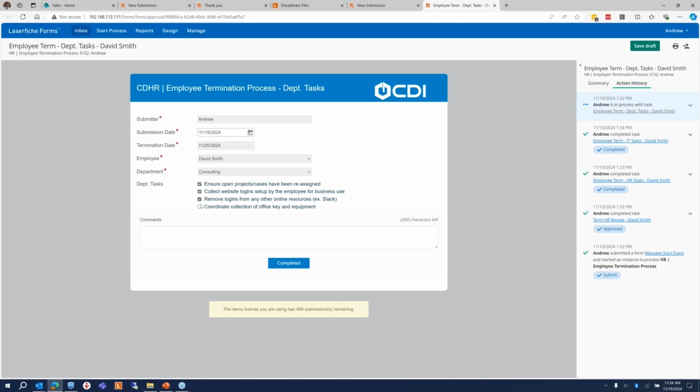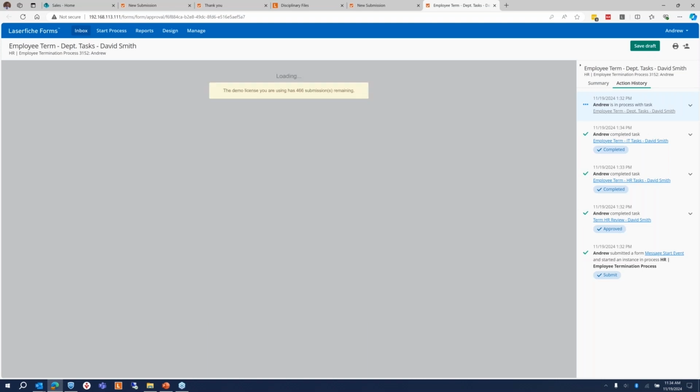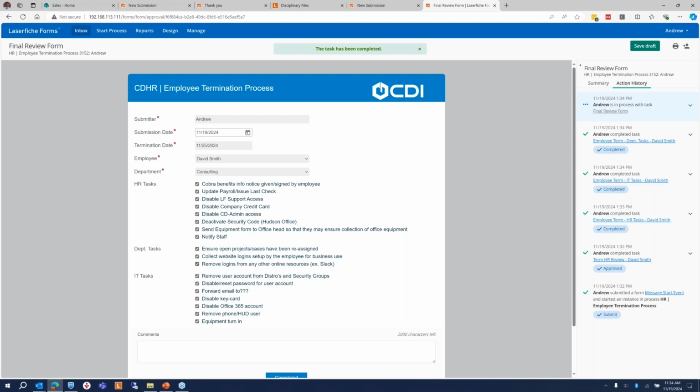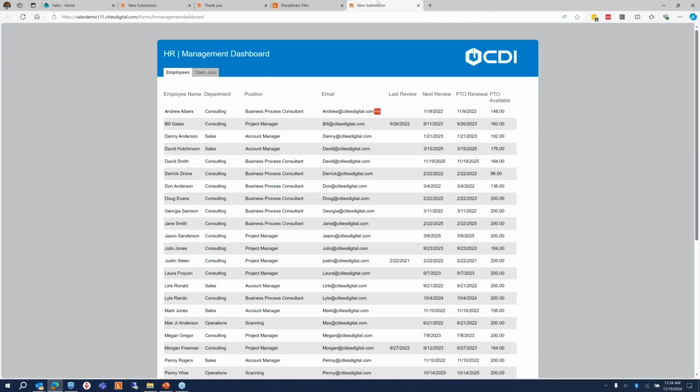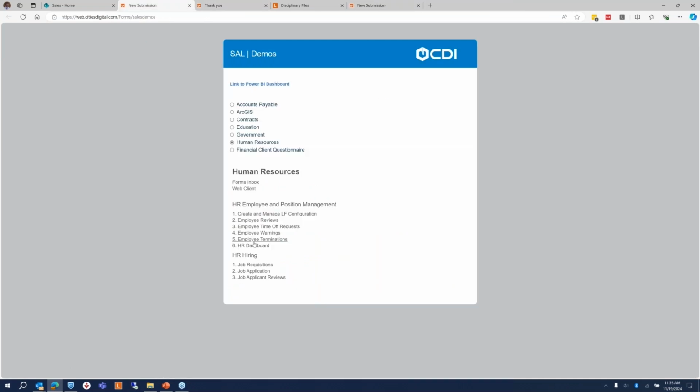All done. So now that it's completed, what happens in Laserfiche is not only are all of these forms filed in there, David's folder gets moved over into the inactive files, right? So the essentially terminated employee section in Laserfiche. Also, retention gets applied to this record because we don't want to keep it past a specific amount of time, but we may be required to keep it 5, 6, 7 years or whatever that retention is that you need to abide by. So if we go back into our Laserfiche client,